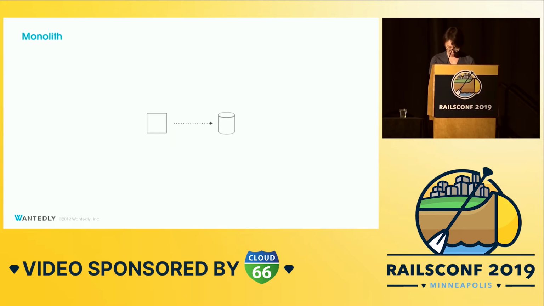So this is how our system used to look when it launched back in 2012. How simple it is, right? Everyone must be familiar with this architecture. We only had a single monolithic Ruby on Rails app with one tiny database. So obviously, the only programming language we used was Ruby.